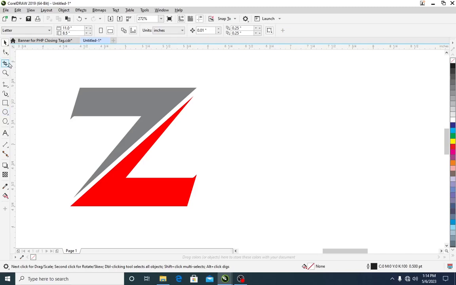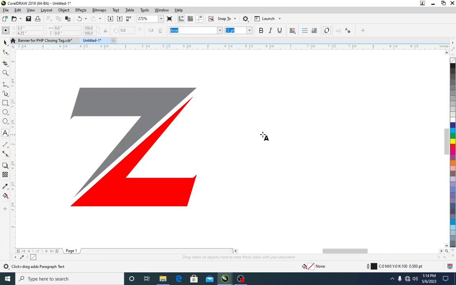The text tool is symbolized with the letter A. Left click on the text tool, then click the area on the page where you want to carry out your typing. I'm going to be typing the letter Z